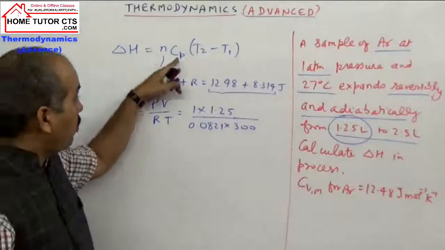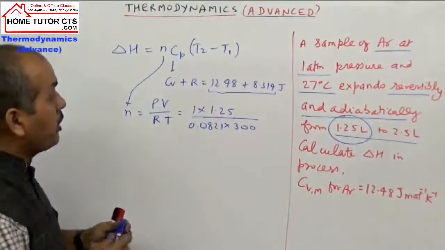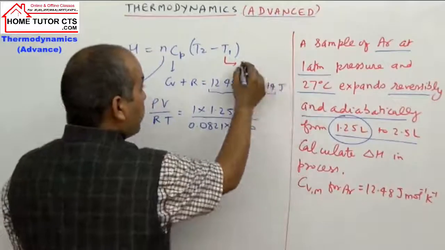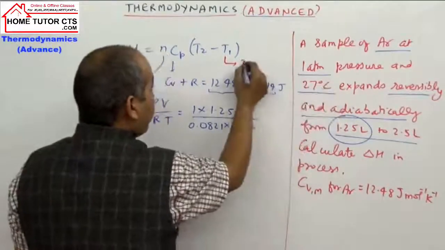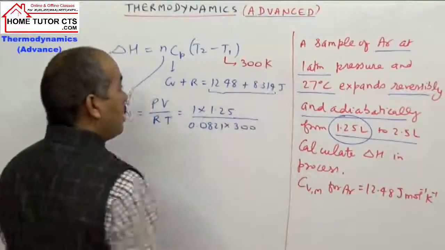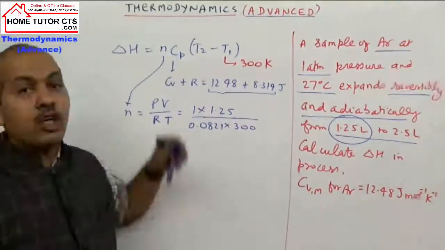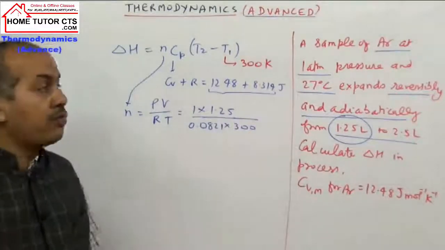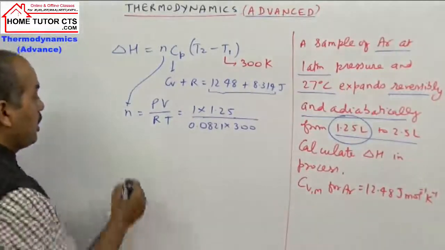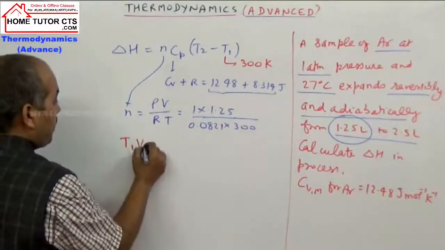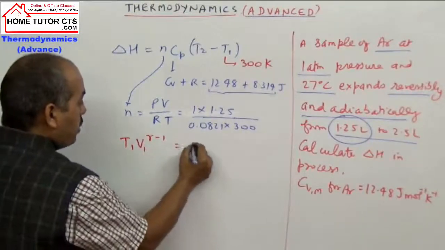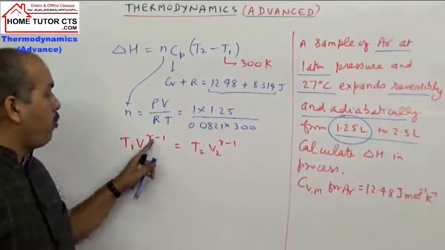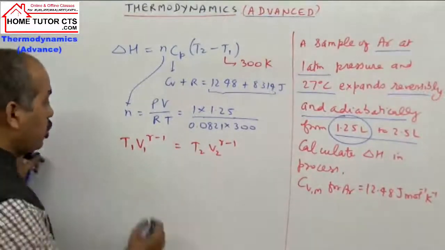Now we got n, we got Cp. T1 already given to us. What is T1 given here? T1 is initial temperature of the gas 27 degrees Celsius, means in Kelvin scale I can write here 300 Kelvin. Now T2 is required to us. In adiabatic reversible process already explained the relation of volume temperature क्या था? T1 V1 power gamma minus 1 is constant और T2 V2 power gamma minus 1. Using this expression, we can find the value of T2.